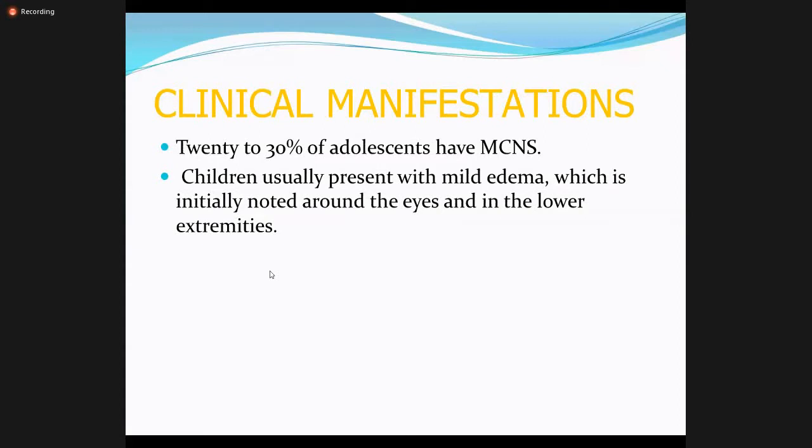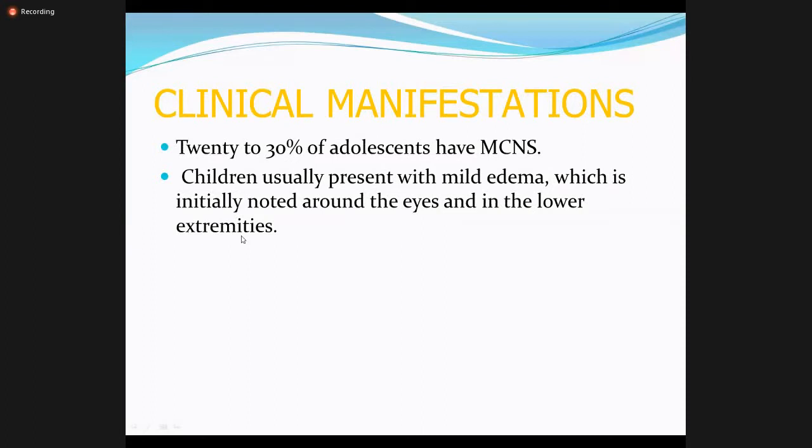It may initially be misdiagnosed as allergic. Like I said, it presents like an allergic disorder. Swelling may be due to allergy, because of the periorbital swelling that decreases throughout the day. This edema is more prominent when they wake up in the early morning, and it subsides to some extent with the passage of the day.